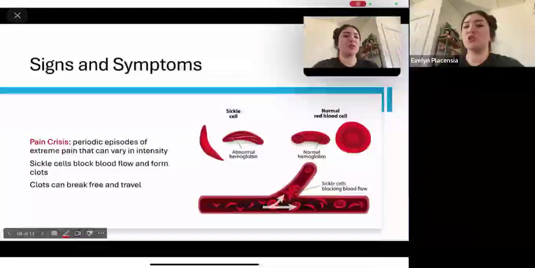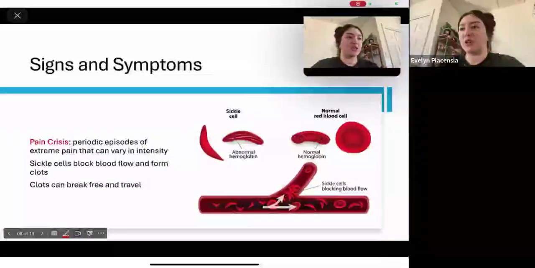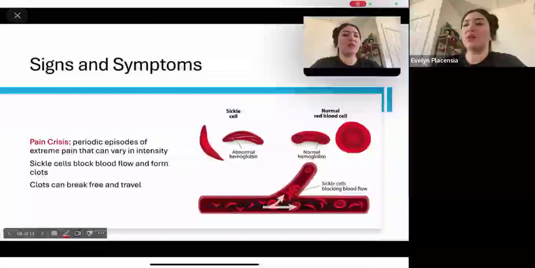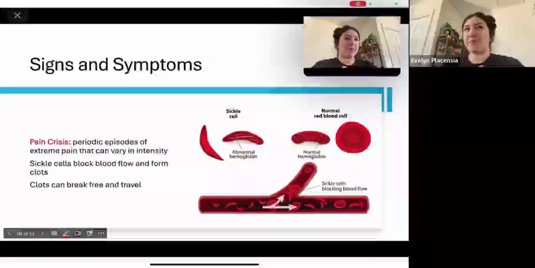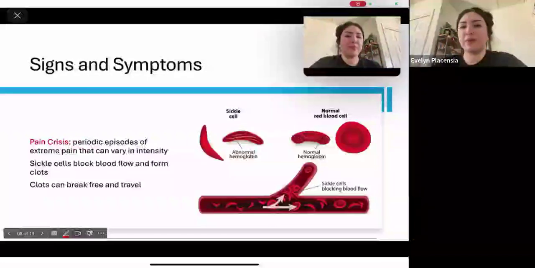Now, here's why blood clots should be taken seriously. Clots anywhere else in the body can break free and they can travel. If a clot travels and creates blockages, let's say in the lungs, this can lead to a pulmonary embolism. Usually these clots come from a vein in the leg, but what happens is it creates an issue with blood flow and oxygen levels in your lungs, which affects the rest of your body. And notice how we came full circle. Everything I mentioned so far about this disease somehow affects the oxygen levels in the body,